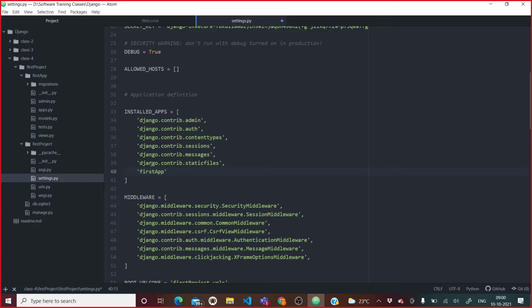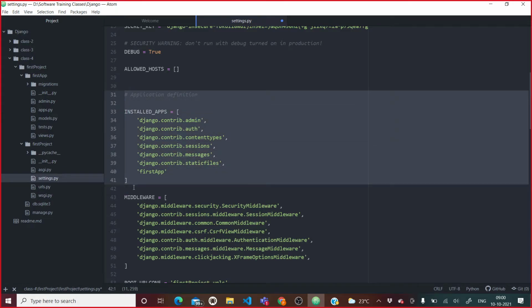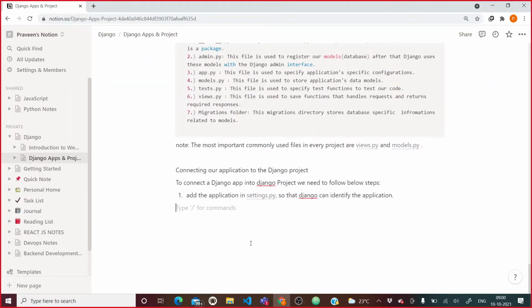Now the second activity. Here app definitions is there, in settings.py of the project folder, the first project folder.